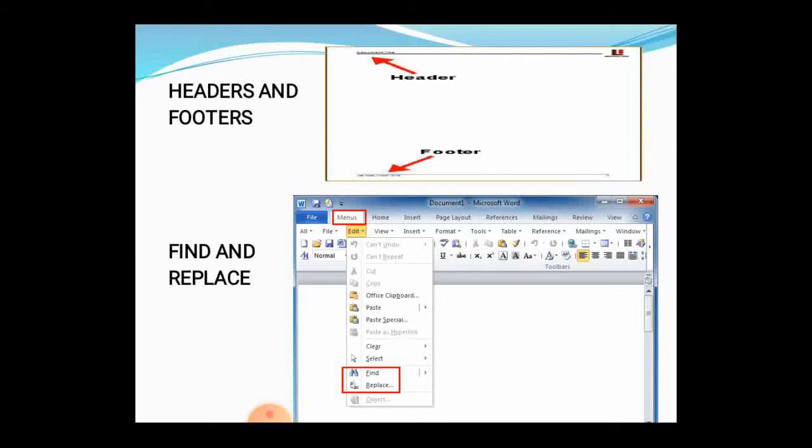Footer is similarly the bottom heading, the bottom title which you will see on all the pages of your document, based on the position we select. For header and footer, you have to select the header and footer option.